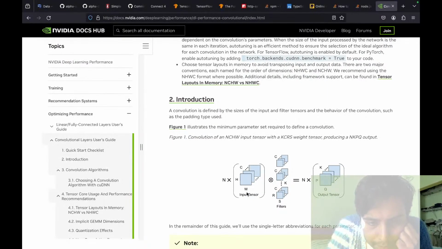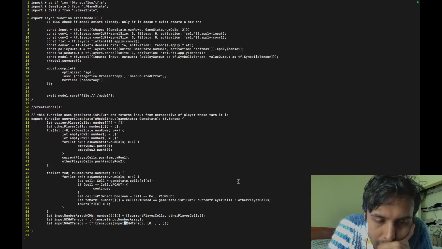Height and width, channels. Yeah, so height is for number of rows, basically. That's all I wanted to check.